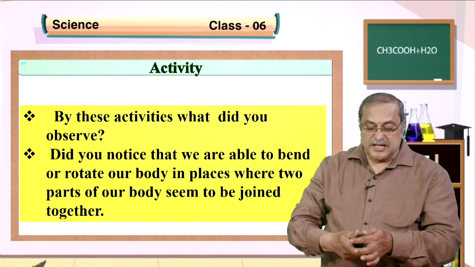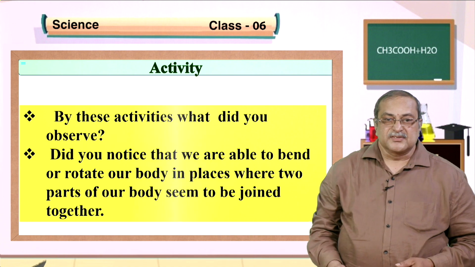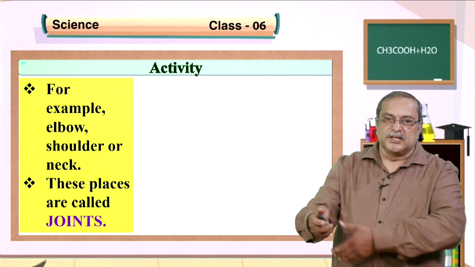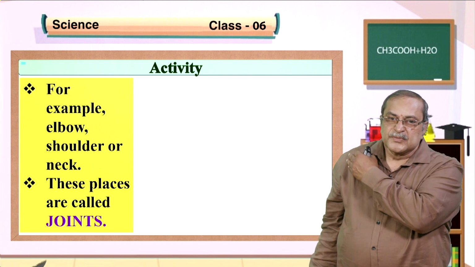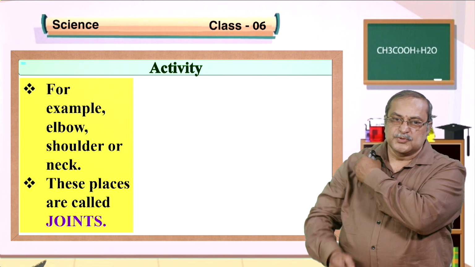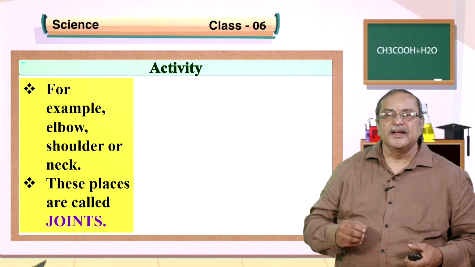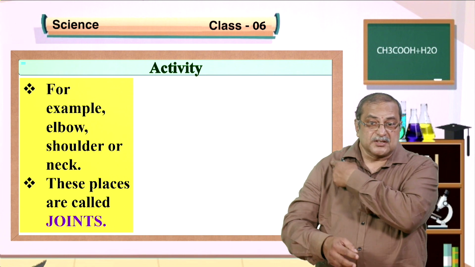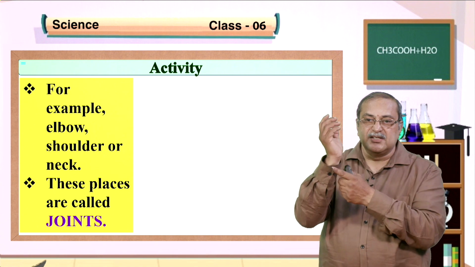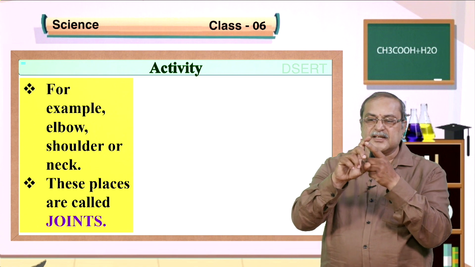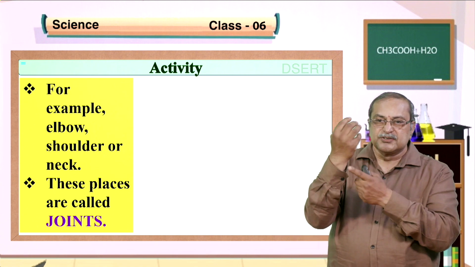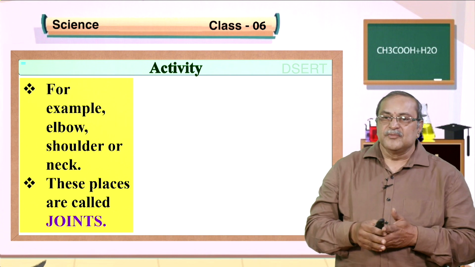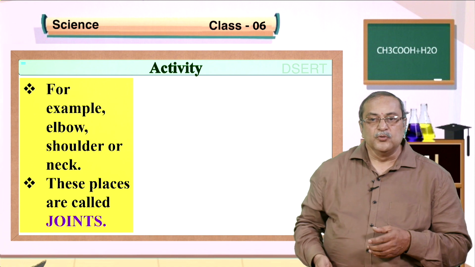So, this is the activity we have learned. By seeing this, we can get to know that. For example, the elbow and the shoulder. This is the shoulder, no? Here we can move the shoulder, or the neck also, it is a joint. This is the joint where we can do this. So, these are called joints. One joint, this joint, even the fingers have small joints, one, two, three joints are there. The wrist joints are there. So, where there are joints, there we can rotate or move our hand.